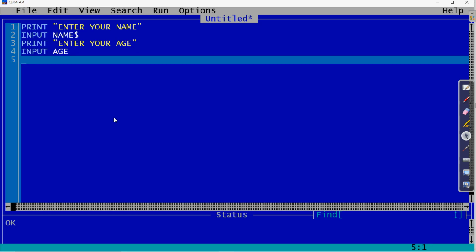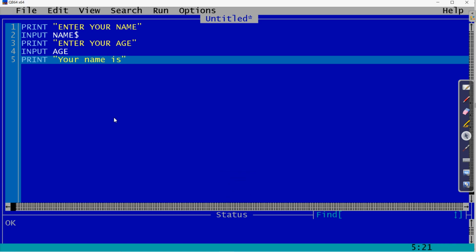So here use the print command. Now print your name is, you can write something like this, your name is. Clear? Also it is not necessary to write in capital letters, you can use small or capital according to what you want. So here I have written.